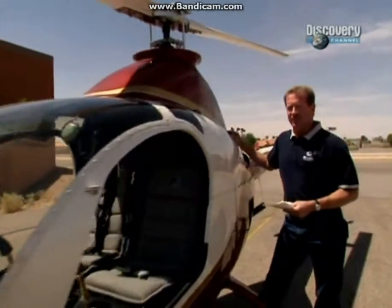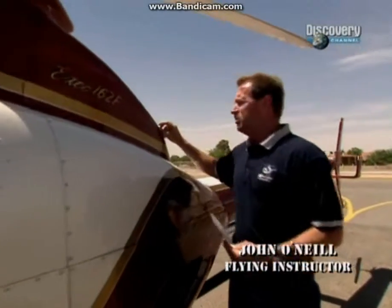First flight of the day, we do a pre-flight check of the helicopter. We start out by opening the upper inspection panel on the